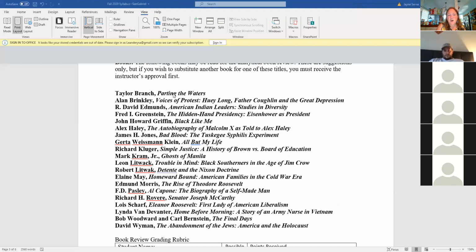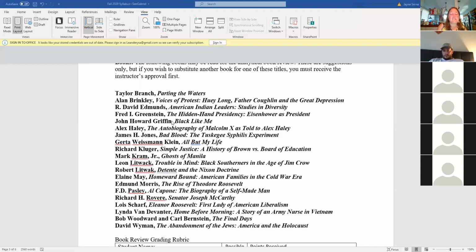This first one is about Martin Luther King Jr., and Taylor Branch was a newspaper reporter who followed him around. This is about some guys who disagreed with the New Deal or added to it. So Great Depression. This, if you have a short attention span, is a lovely book because it's a collective biography. So it's about 6 or 8 different Native American leaders. So it's, you know, 6 or 8 short chapters. This is about Eisenhower's presidency and how people maybe didn't think he was assertive as president, but he had kind of different methods of doing things.